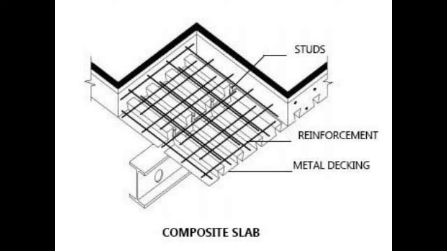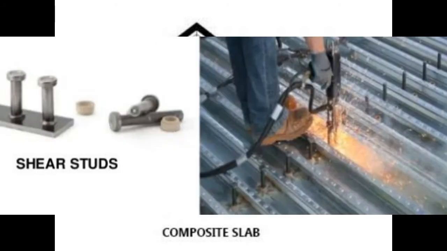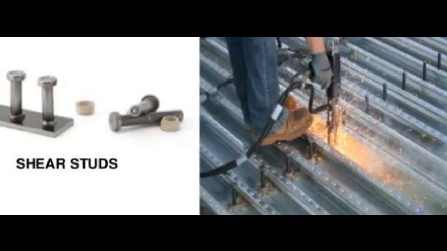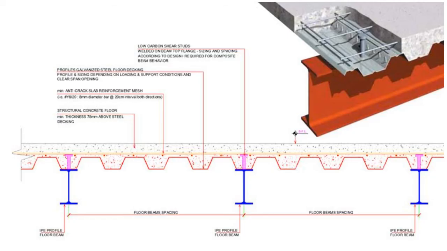So if we see in this diagram, there are these metal studs that are provided to anchor between the I section and the deck. Okay, so there is this steel reinforcement and the concrete, and there is this metal decking at the bottom, which is going to be seen when the slab is totally done. So the composite slabs are supported by steel beams as shown, which normally act compositely with the concrete slab.